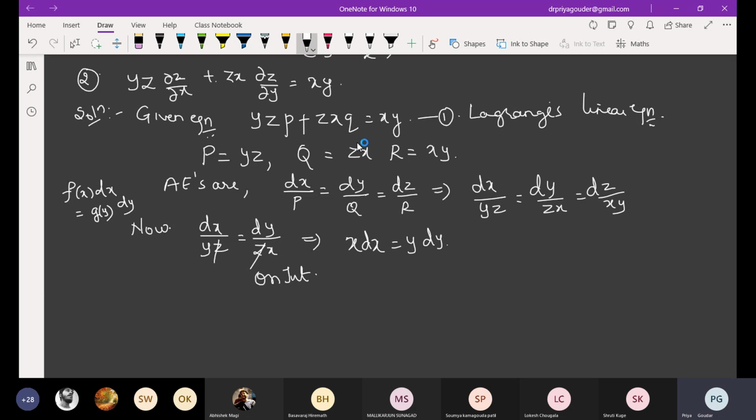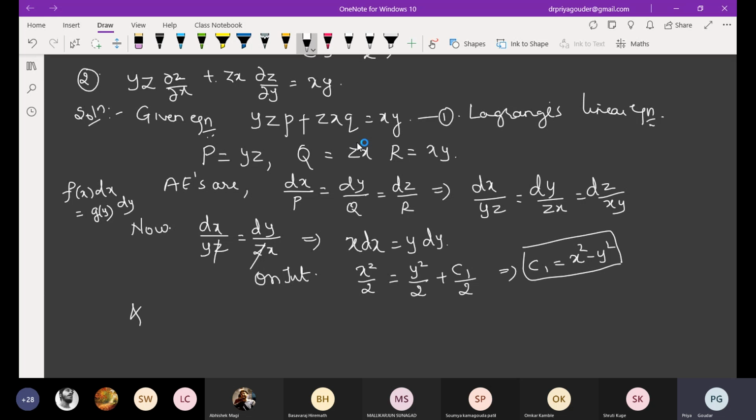What is the integration of x? x square by 2. What is the integration of y? y square by 2. Can anybody tell me what constant I have to take? c1 by 2. If there is a symmetry, take it. Otherwise, you take the usual c1, c2 like that. So from this, what is c1 if you simplify everything? x square minus y square. This is the first relation.